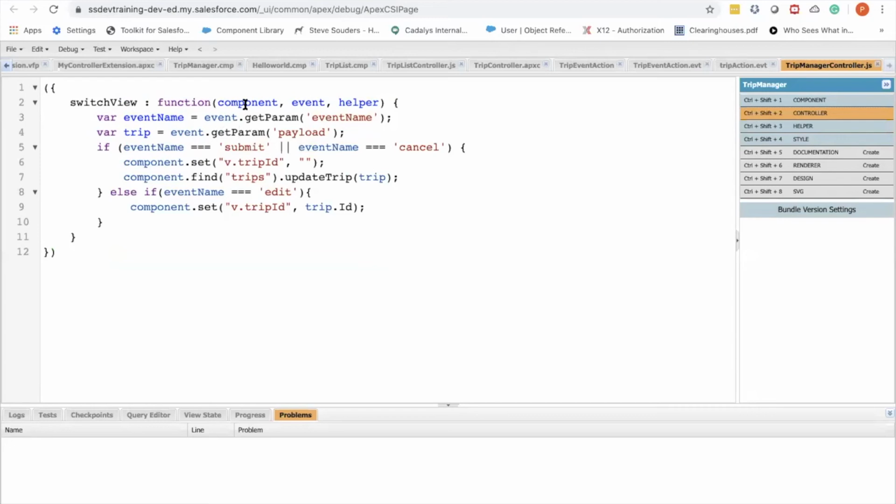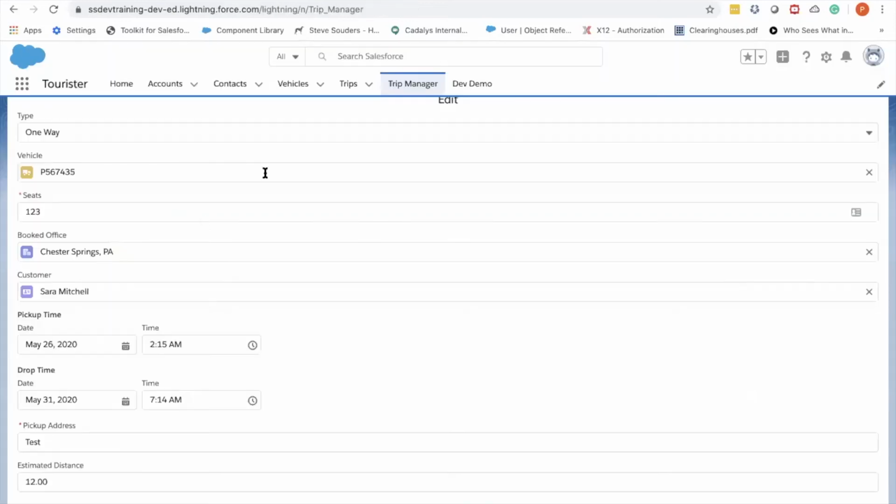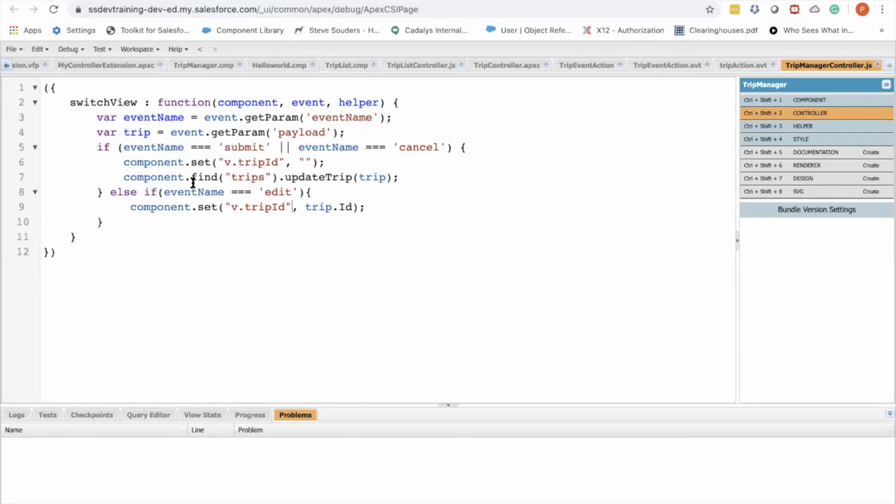Through get.eventParam, I can get the whole trip information. All I need is the ID of the trip so that I can display this form. So if the event is edit, all I need is trip.id, and I'm setting it to the trip ID.